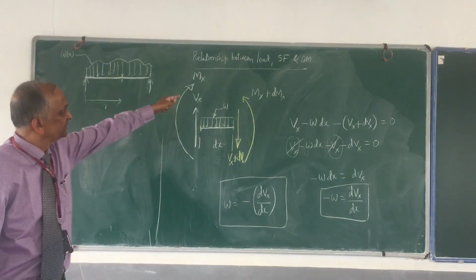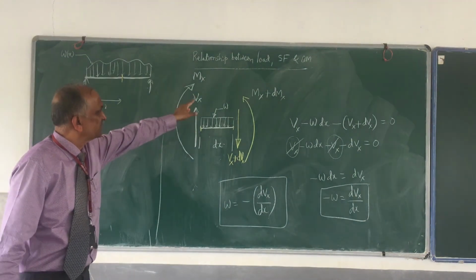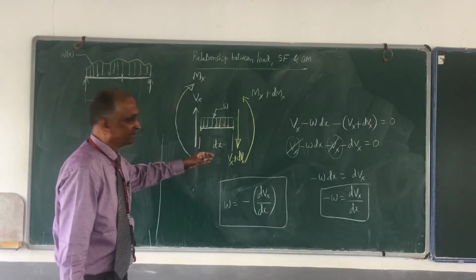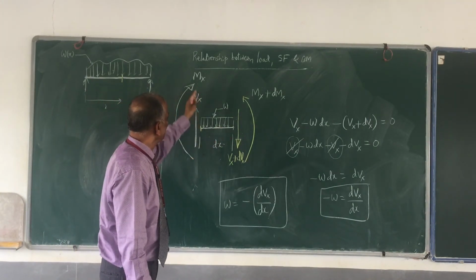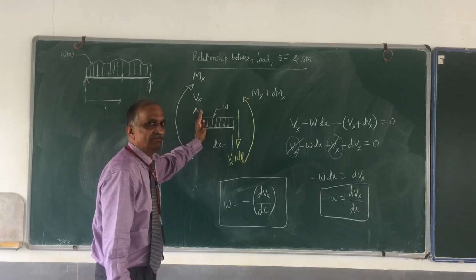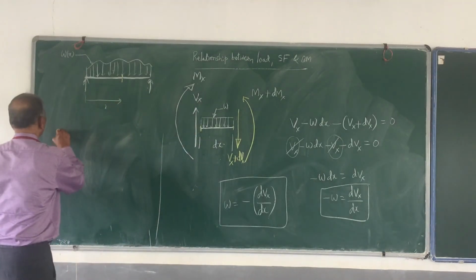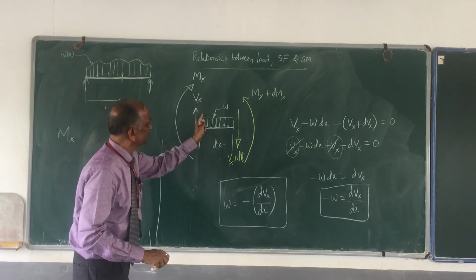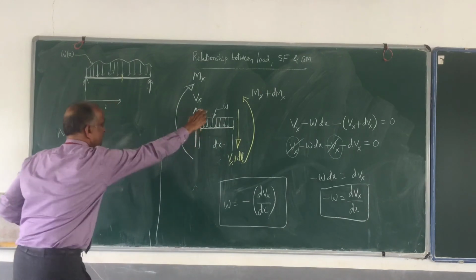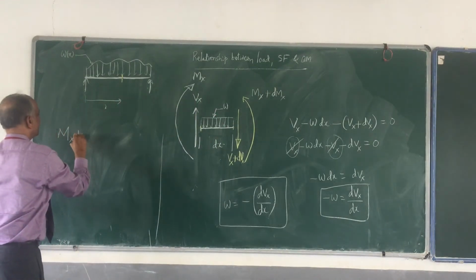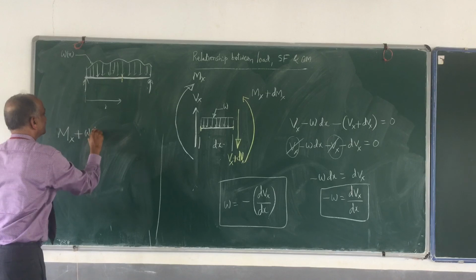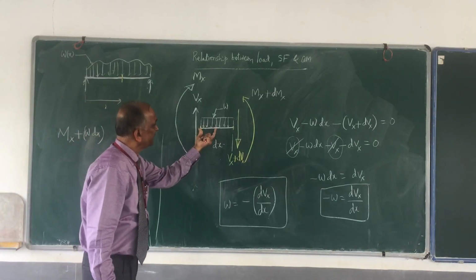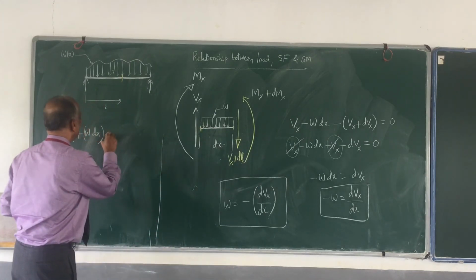I wish to continue with the relationship between bending moment and this thing. I shall take moment about some section. Let me say I shall take moment about the left hand side section, that is equal to Mx, fine. Vx will not have. Then this W, and it is in the same direction, therefore it is plus W into dx. This is the force. W into dx is the force, and multiplied by the distance, that is nothing but dx by